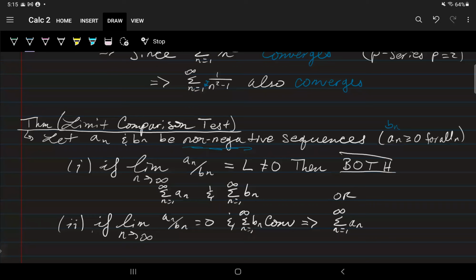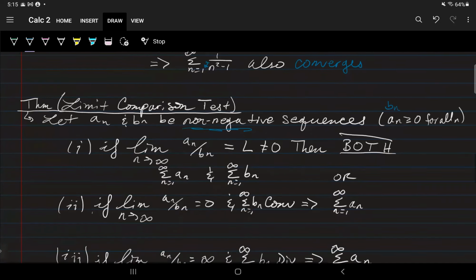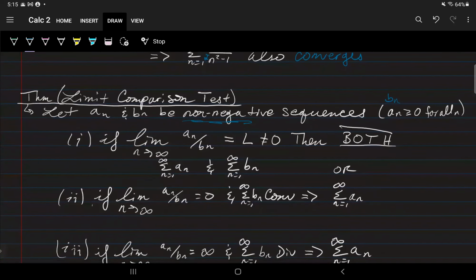So the limit comparison test says the following. If I take the limit as n goes to infinity of a_n over b_n, and I get some number L that isn't 0, okay, so this is a finite number that's not 0, then the sum of the a_n's and the sum of the b_n's either both converge or they both diverge,